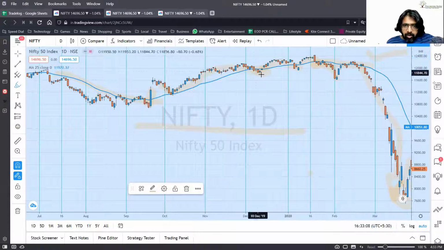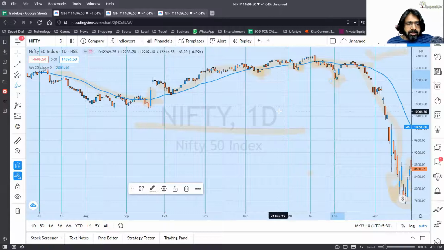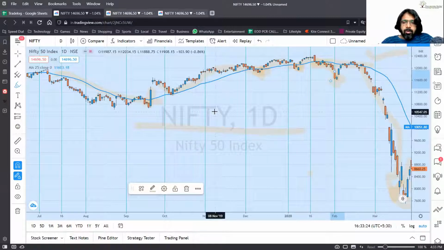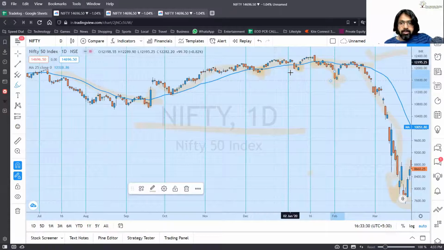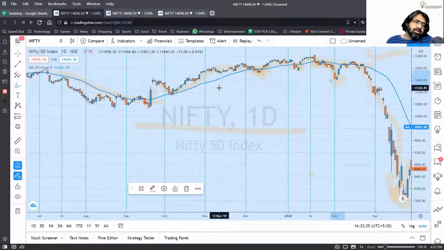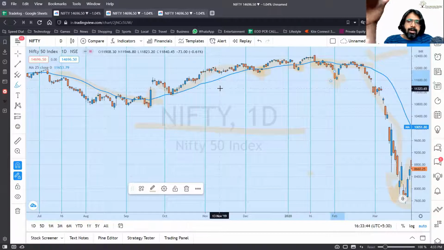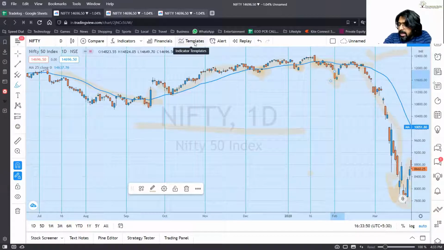And for avoiding getting trapped like this, in the last session where we had trend lines, I've told you two methods. One method is the price filter, and one method is the time filter. The time filter says that you wait for 1 or 2 days and check if the price is sustaining below the moving average. For trend lines, we decided that if the price cuts the trend line and stays below it for 1 or 2 days more, then you can be sure that the trend line has been breached. Otherwise, generally in the next 1 or 2 days, the price goes back above the trend line and the trend continues.